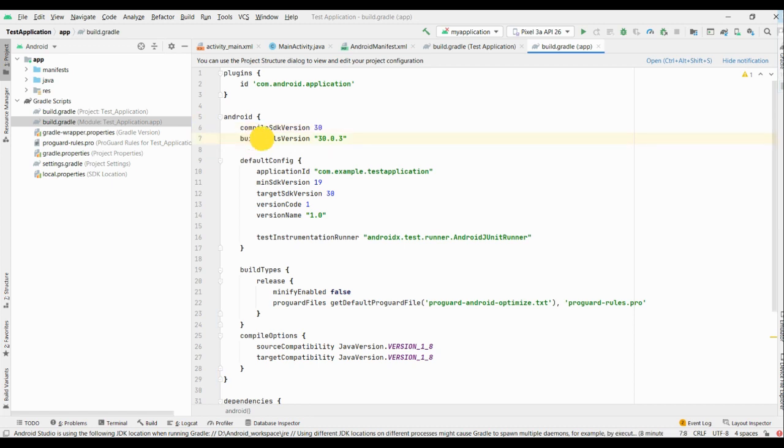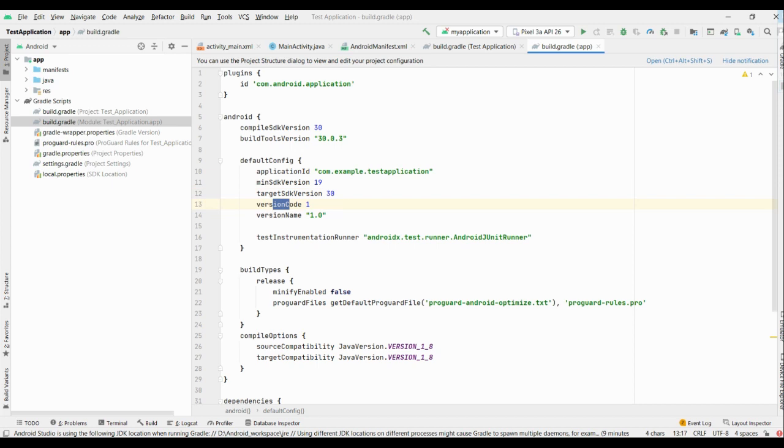The build tool version is 30, and in the default configuration we have specified the application ID. The application ID will be used when we build. This is our application ID, com.example.testapplication, and the minimum SDK version required for this build is 19, and our target, our recommended SDK version, is 30.